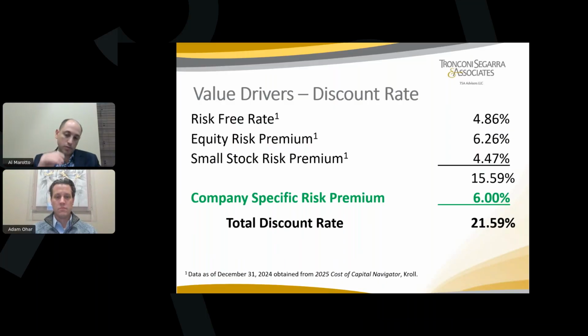But the company-specific risk premium is what you should focus on, as the business owner or the person looking to acquire the business, because these are the premiums that you will add to that 15.5%. If you're looking to acquire, you want to reduce value. Or as a business owner, you're looking to control and reduce, and you want to keep your discount rate as close to 16% as you can, which isn't really feasible based on risks that are inherent in small businesses compared to publicly traded companies. But we want to reduce risk as much as we can.